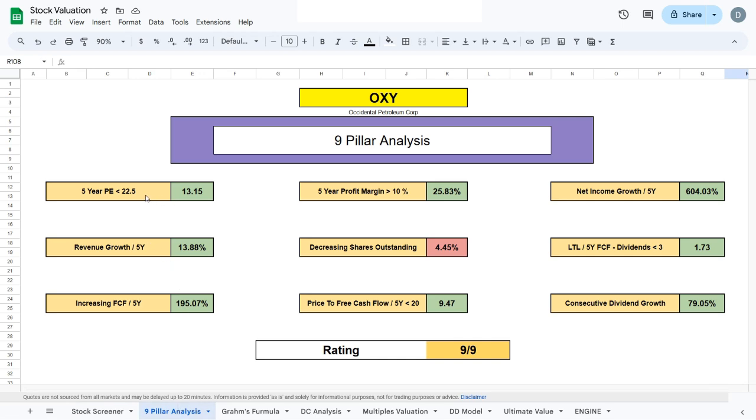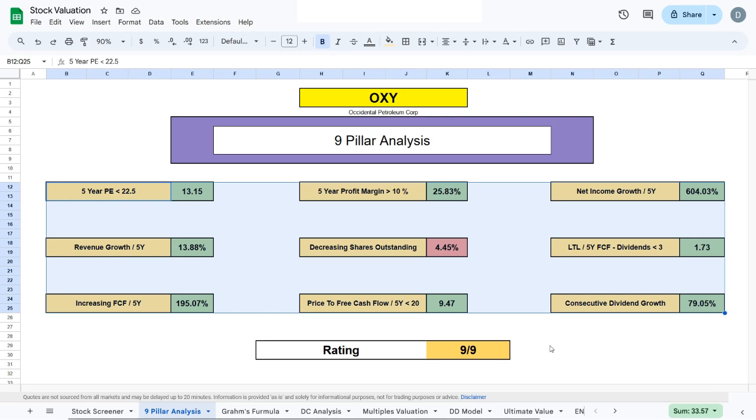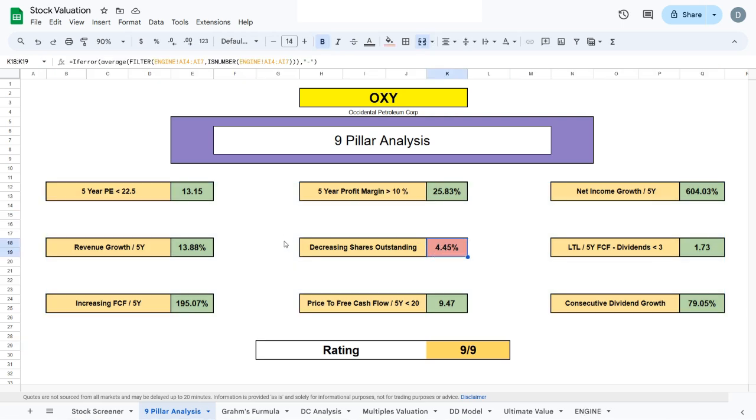So right away we can see that almost all the pillars are sitting in the green except the decreasing shares outstanding. We can see that the 5-year PE ratio and the price to free cash flow are both sitting at great values, and we can see that OXY has been increasing their revenue, their free cash flow, as well as their net income. Their 5-year profit margin is sitting at 25%, which isn't as great as other companies, but it certainly isn't bad at all. And we can see that their long-term liabilities over their 5-year free cash flow negative dividends is sitting at only